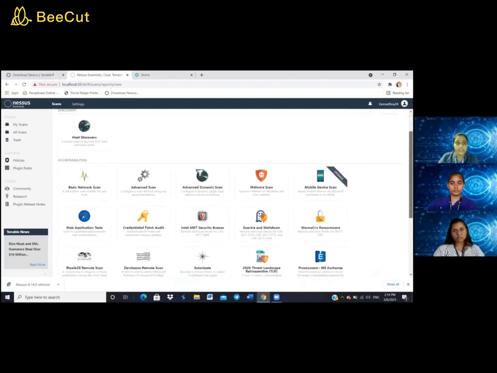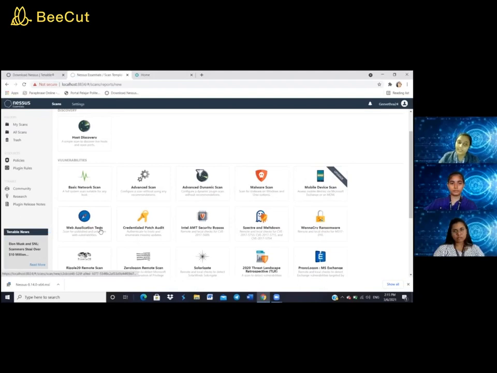As we can see, we can do host discovery, and we can see vulnerabilities on basic network scan, advanced dynamic scan, malware scan, and mobile device scan when we upgrade to the professional category.